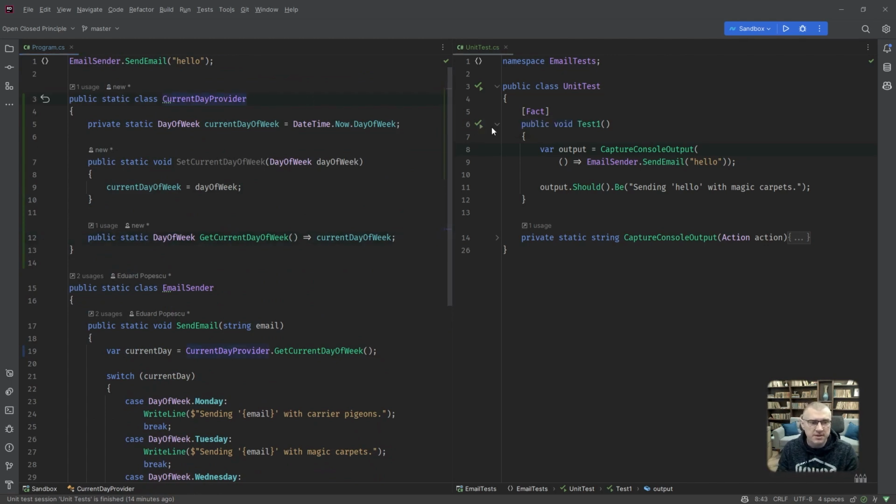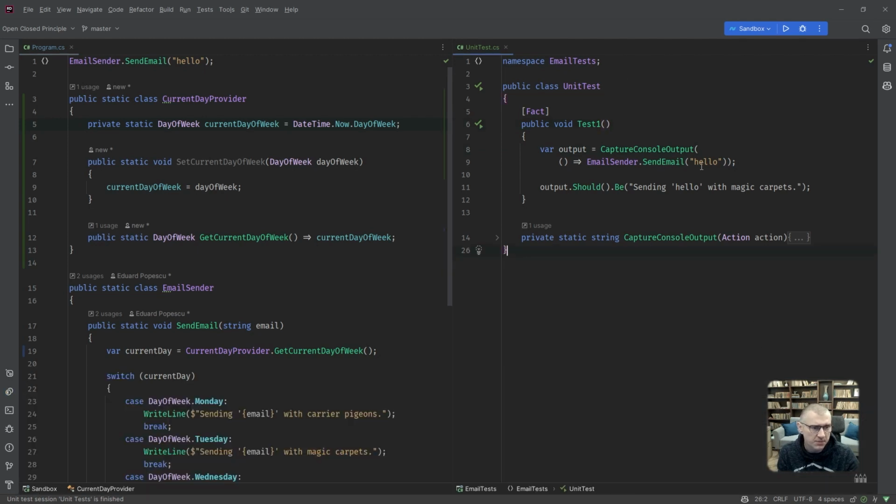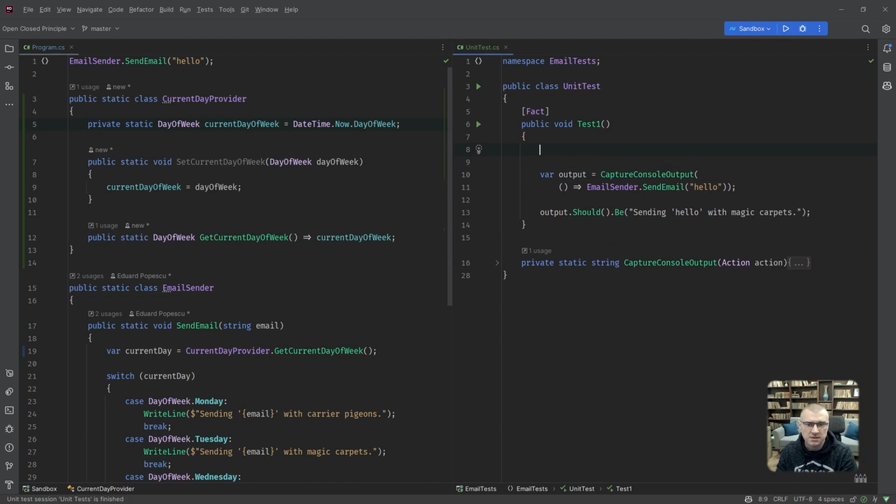So if we run this now, it should still pass because we haven't done anything with that thing yet. So it's still giving us the current datetime, the system datetime, right? Populated by this guy. However, what we want to do is to inject it, right? So if I could do something like this.